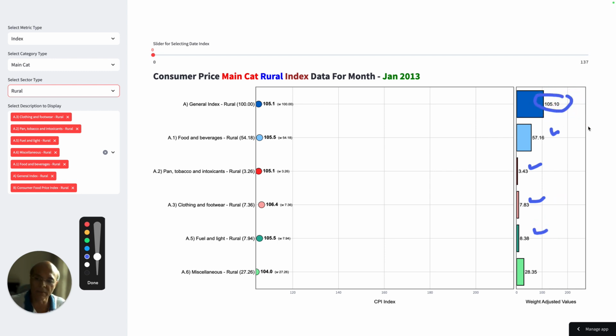So this will give you a very good indication of what the contribution of a particular dimension to the main index is. Because how do you calculate inflation? You take the value of this, go 12 months back, take that as a reference, subtract this value from the 12 months back value and divide by the 12 months back value. That's how the inflation gets calculated. Now you can leave this aside for the time being, which is basically, this also has to be added.